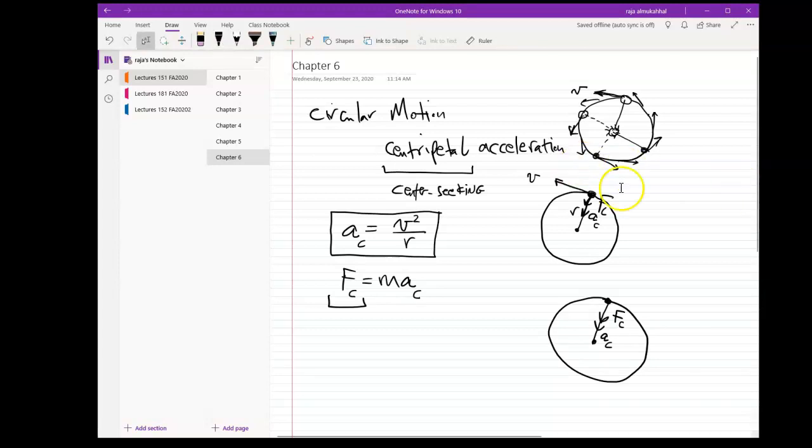It's a center-seeking force. Just like a center-seeking acceleration, we have a center-seeking force, okay? And again, the velocity is always tangential like that. This is the velocity. Got it so far? Okay. So with this in mind,